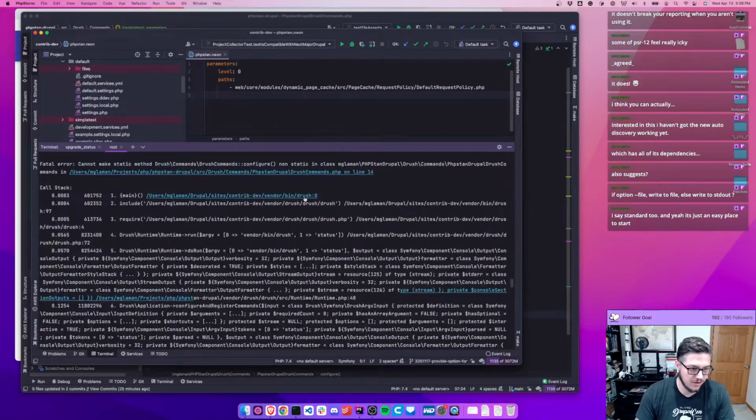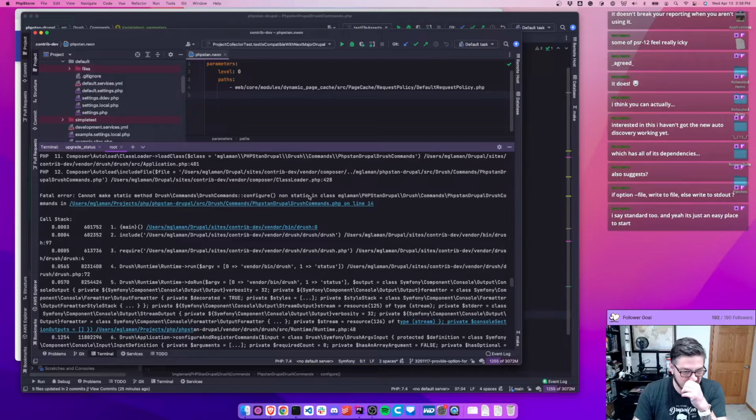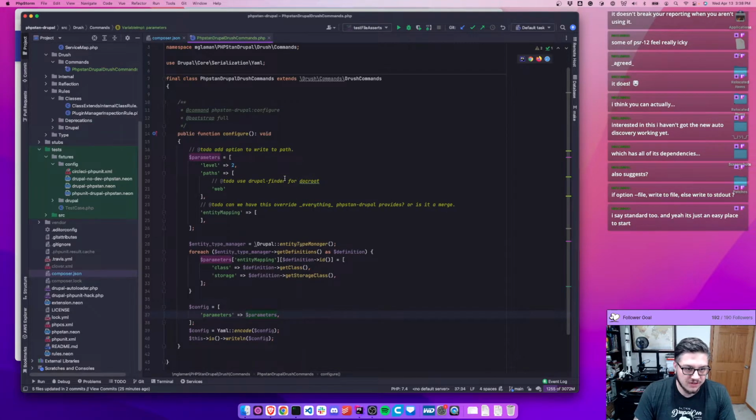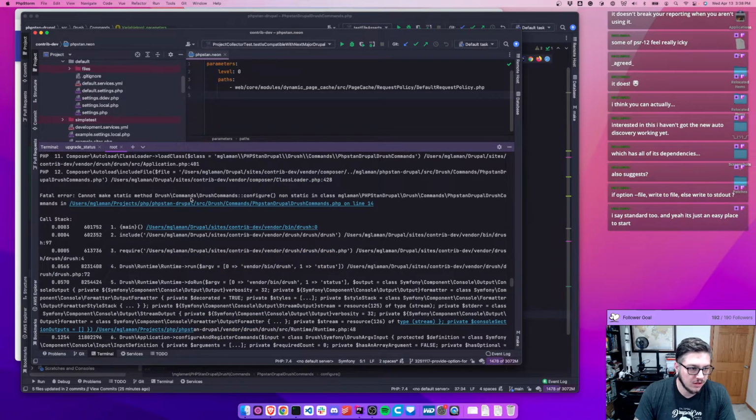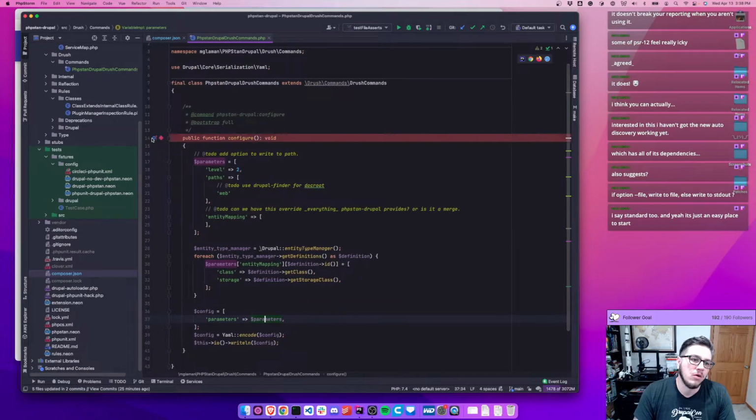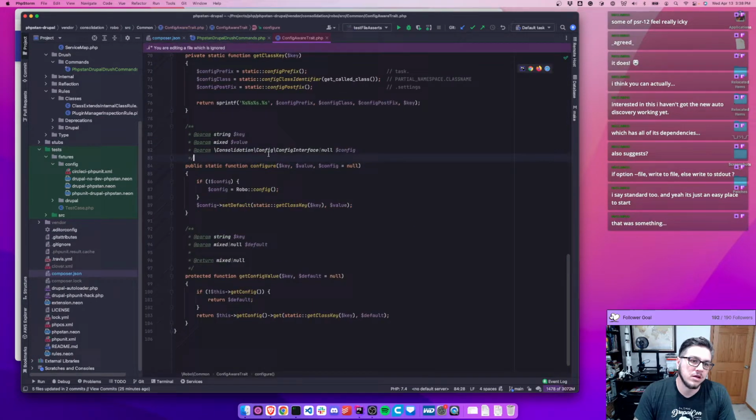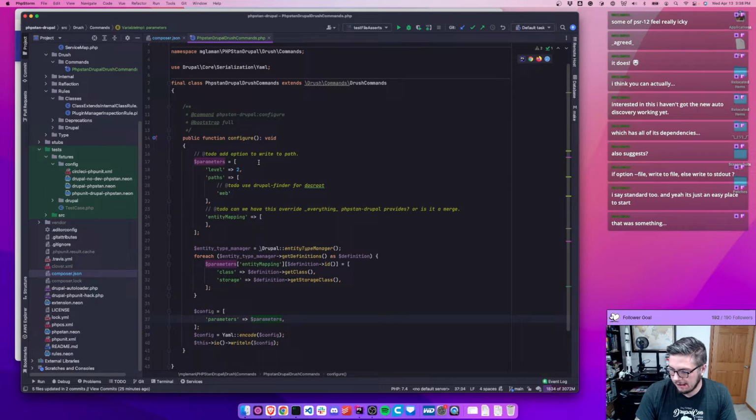Well, that's not what you want. Configure a non-static class? What? Oh. Well then, configure is a static method. Go figure. I didn't notice this little error, so